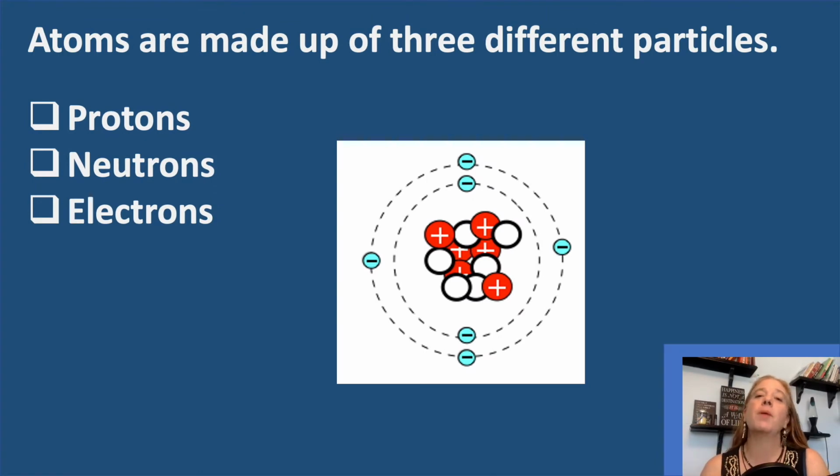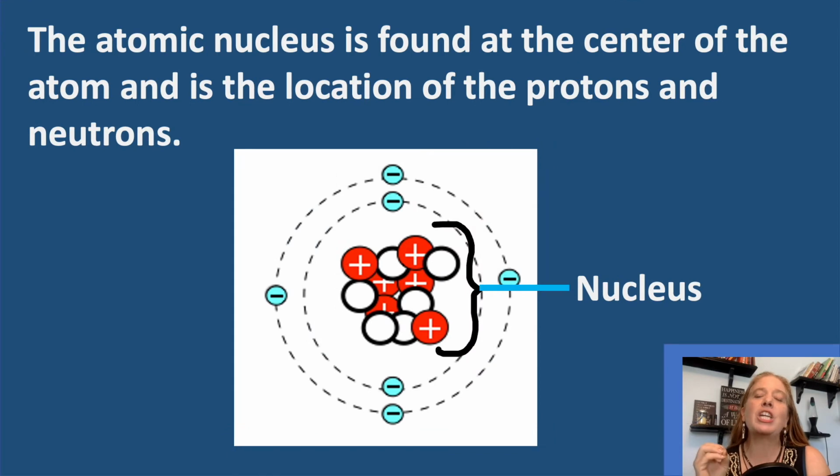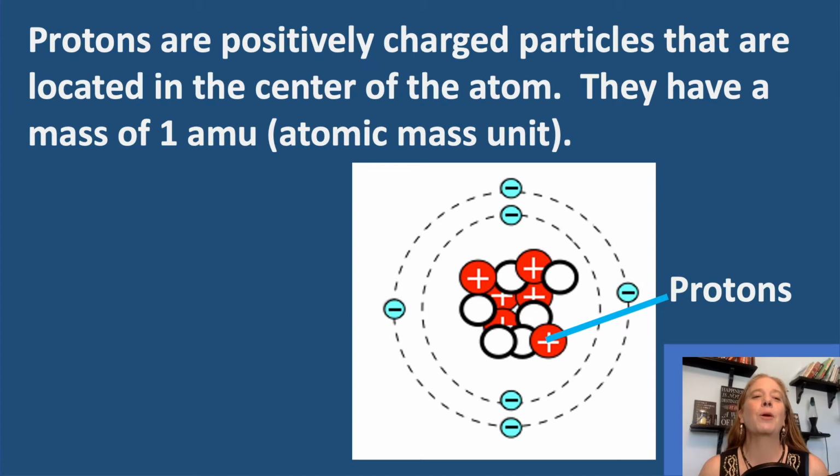Now, atoms are made up of three different particles: protons, neutrons, and electrons. The atomic nucleus is found at the center of the atom and is the location of the protons and the neutrons. Now, protons are positively charged particles that are located in the center of the atom, again,